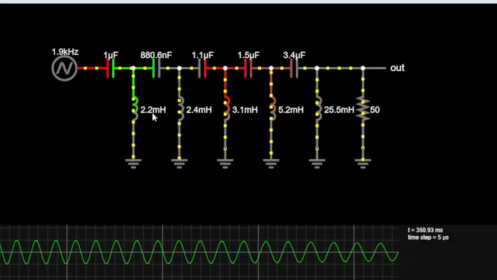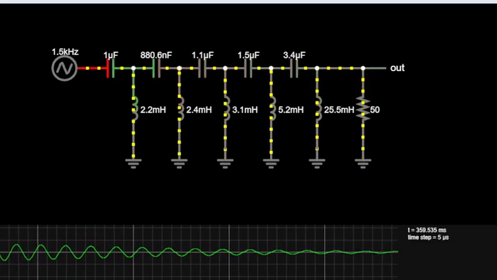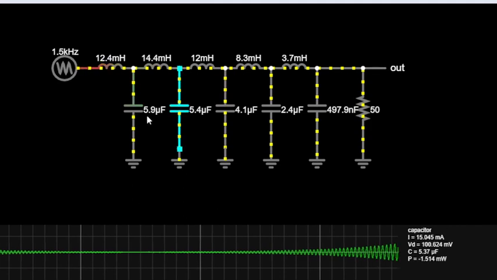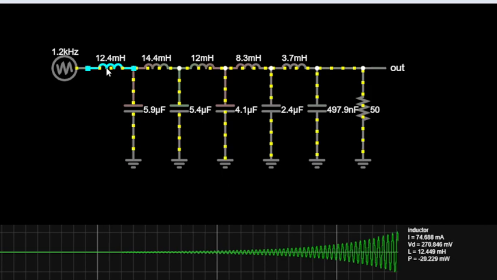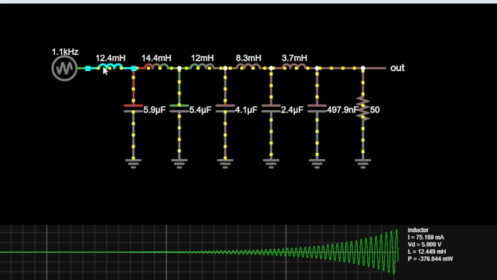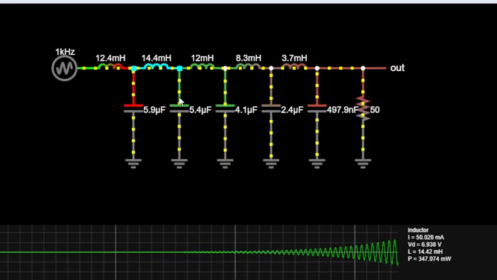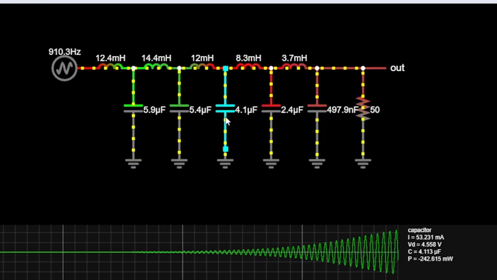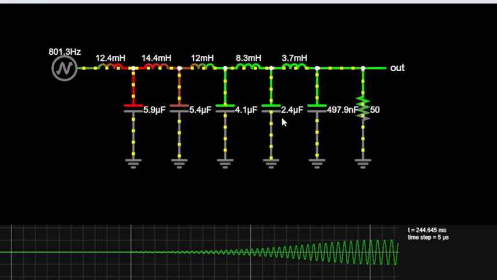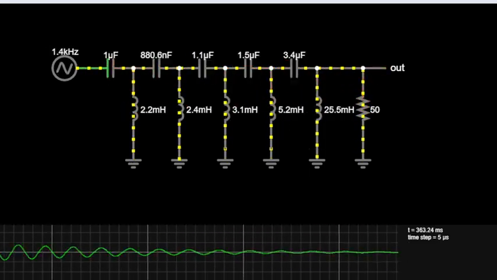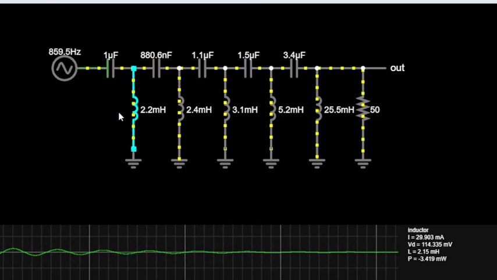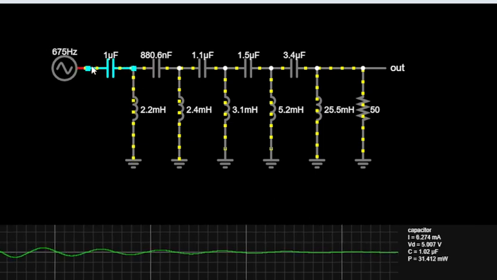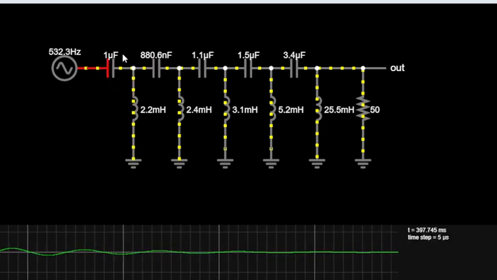In the Butterworth low pass filter, the inductors come first and then capacitors: first inductor, first capacitor, second inductor, second capacitor, third inductor, third capacitor, fourth inductor, fourth capacitor, and so on. But in the Butterworth high pass filter, the replacement changes, and the capacitors come